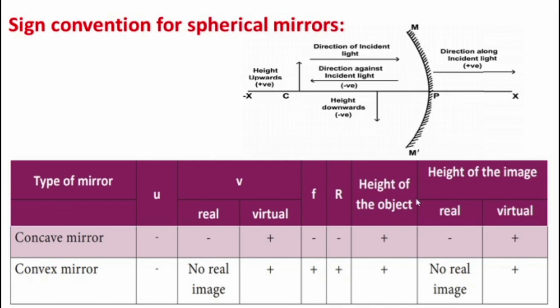Then the height of the object is positive, so we always place it perpendicular to and above the principal axis, meaning positive. Then the height of the image: in a real image it is below the principal axis, perpendicular to and below the principal axis. So for a real image, the height of the image is negative. For a virtual image, in the last case, we get the image above the principal axis. We extend the principal axis inside the mirror. So a virtual image means positive. Height measured upwards means it is a positive sign.